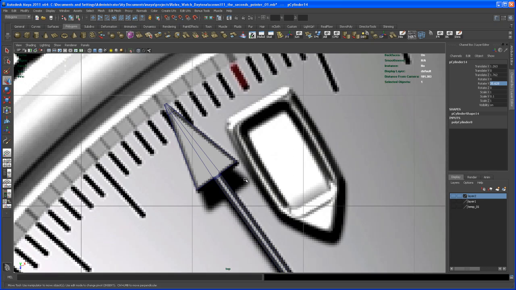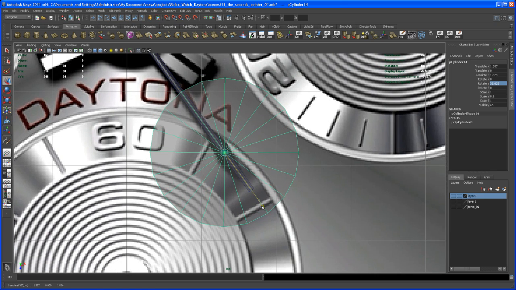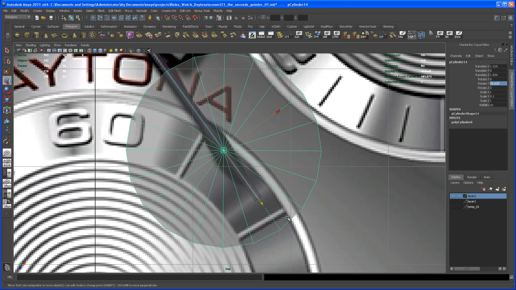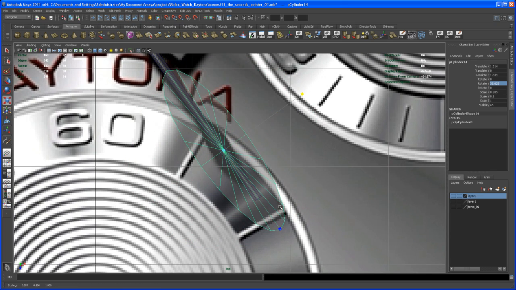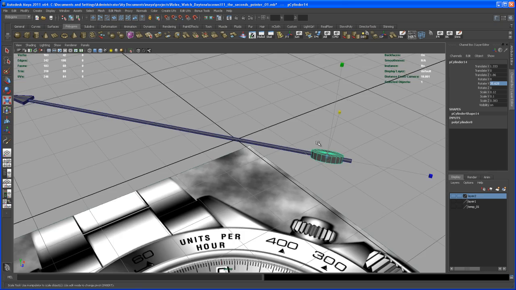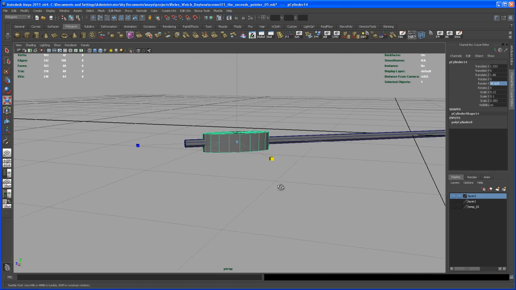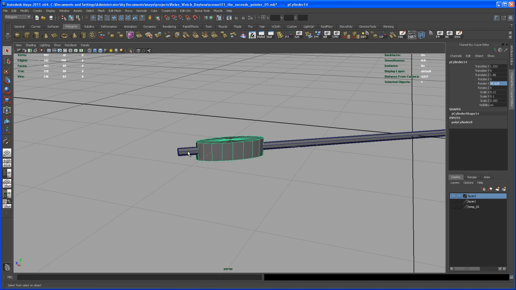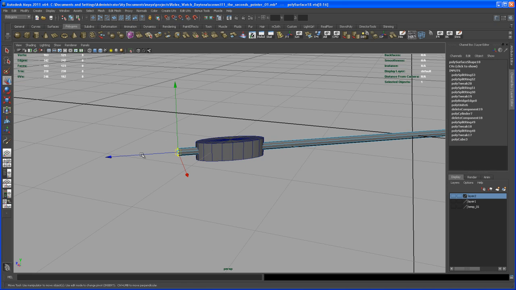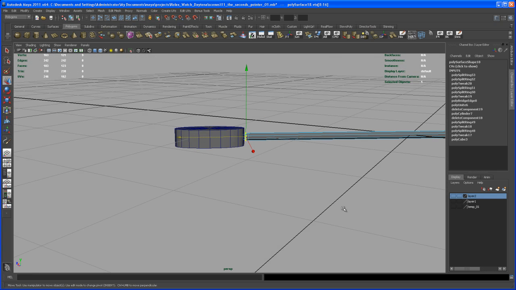And with that rotation, we can move it. Let's go to the top view, frame in on that, and let's bring it somewhere about here. And now we scale that in. Okay, so now what we have to do is, first of all, we need to bring those vertices here in front of that cylinder, somewhere about here. And then let's go to the side view,